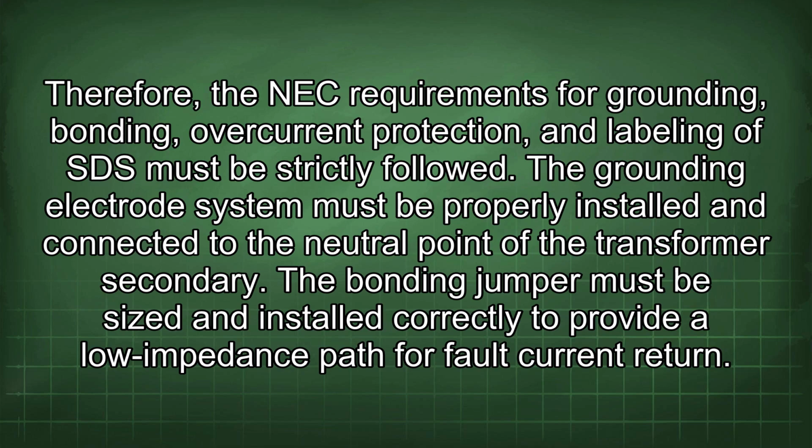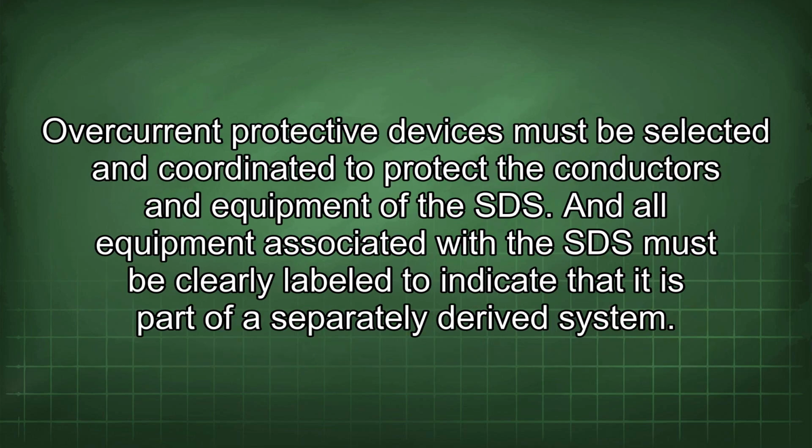The bonding jumper must be sized and installed correctly to provide a low impedance path for fault current return. Overcurrent protective devices must be selected and coordinated to protect the conductors and equipment of the SDS. And all equipment associated with the SDS must be clearly labeled to indicate that it is part of a separately